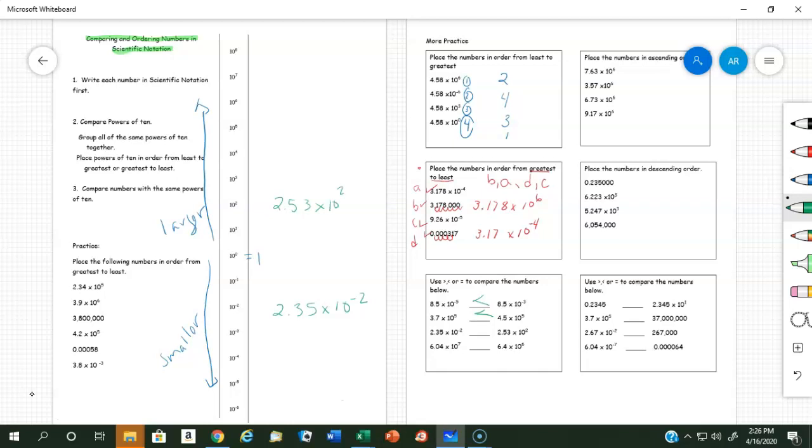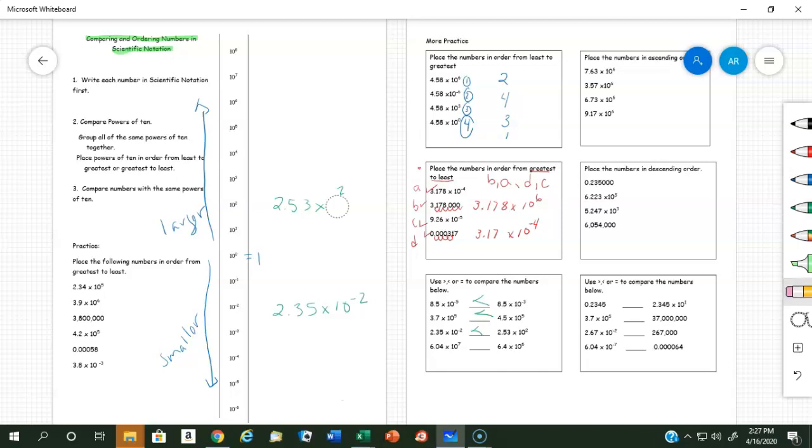And so they're trying to fool you here by using numbers that are very, very similar. So you really need to pay attention to whether you have a positive or a negative. So even if these were exactly the same digits, definitely this one is smaller because it's a negative 2. So we're going to say 2.35 times 10 to the negative 2 is smaller than 2.53 times 10 to the